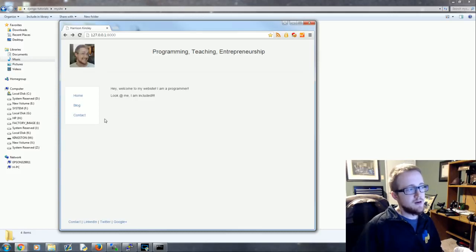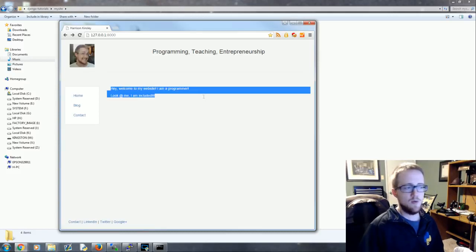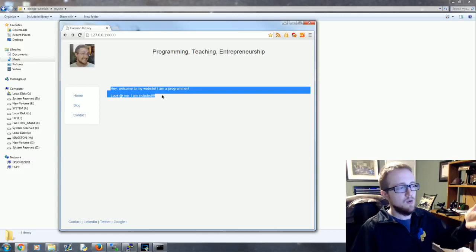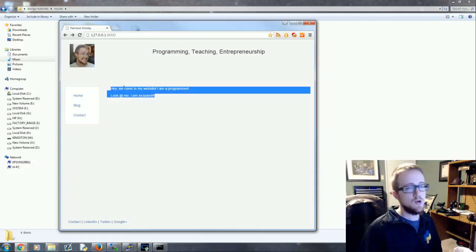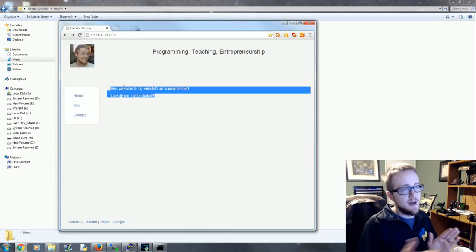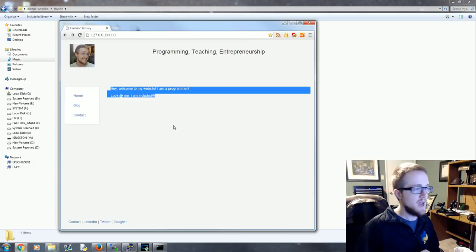So the idea here is on our home page, we showed how you can make a really basic home page, and this information here is all included via HTML, but we haven't actually talked about how you could take information from a Python file and pass that information to your HTML and then finally on to your user who's actually viewing your website. So that's what we're going to be talking about here, and we're going to be making this